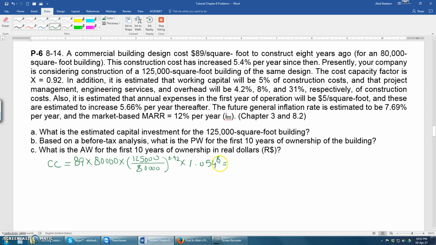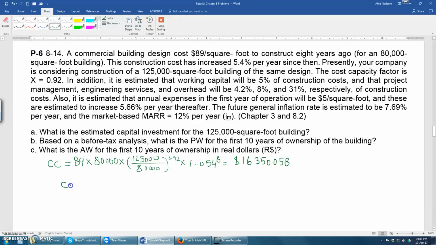So if you calculate it, then the construction cost will be $16,350,058. So this is the construction cost. But on this construction cost, some other costs will be added. So the total cost will be